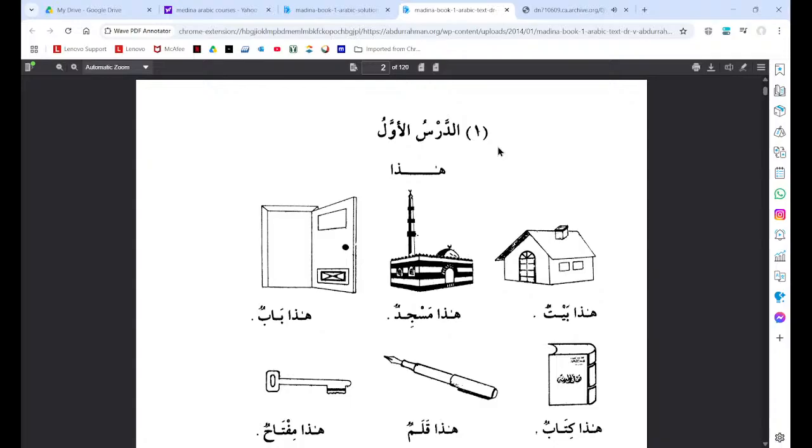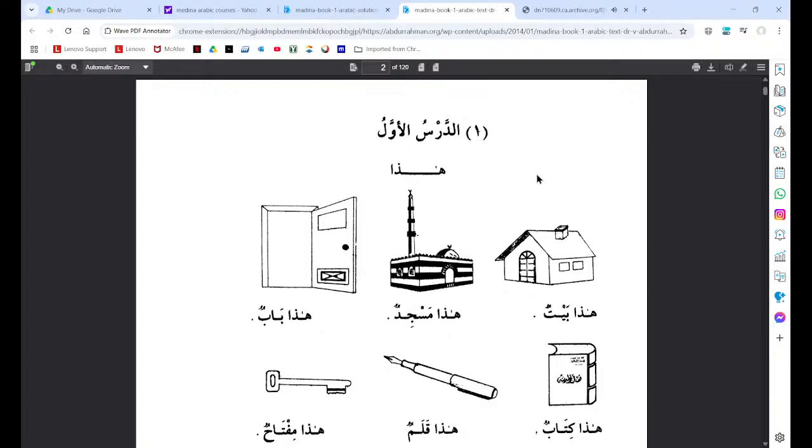And inshallah, as we go, we will have more explanation of these and how to identify them, and how we will benefit from knowing what they are in the future, inshallah. So without any further ado, let's begin our lesson at Dars al-Awwal in the Medina Arabic series.